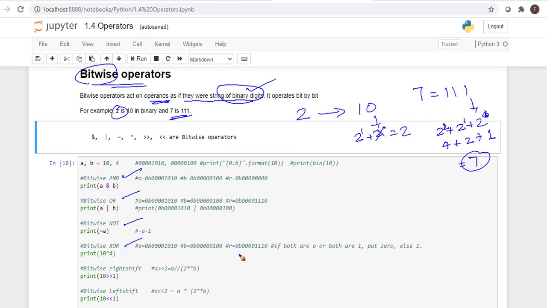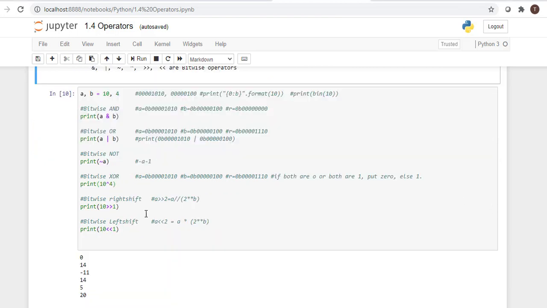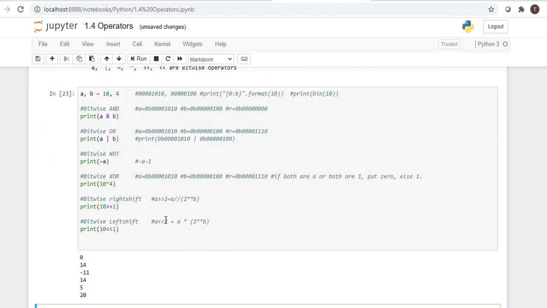Based on the need, if you want to use binary digits, you can learn them. Keep it very simple. After executing this, it gives the result based on the binary digits.